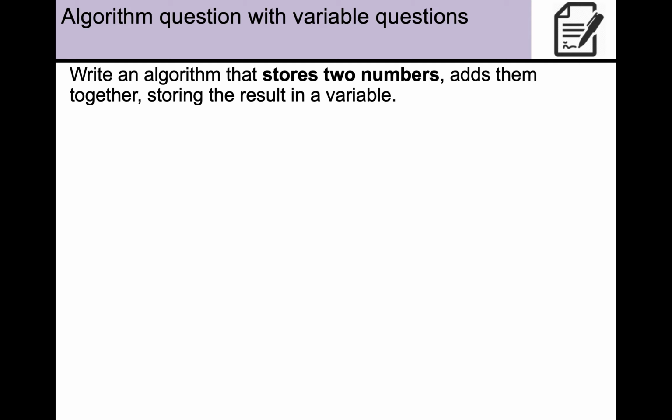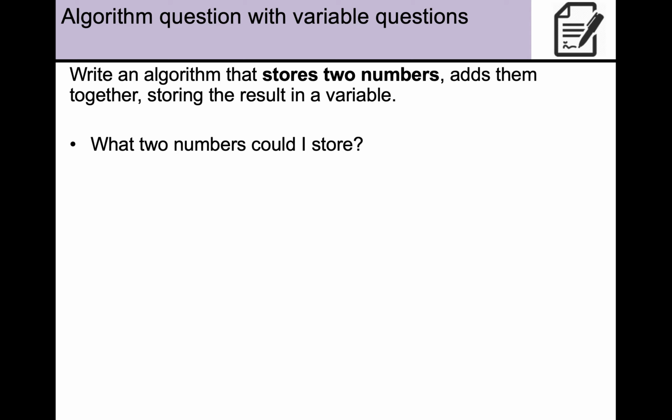So let's take a look at an example question and see if we can figure out what the variables are and assign some values to them. So write an algorithm that stores two numbers, adds them together, storing the result in a variable. So I've put stores two numbers. I'm abstracting, I'm focusing on these important details. And at the moment, the most important thing is that I can store two numbers. So in order to store two numbers,